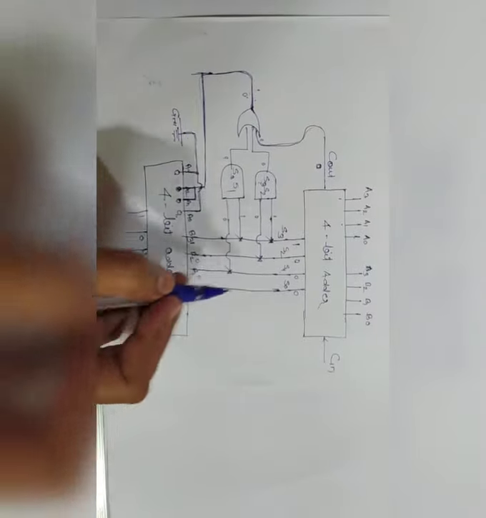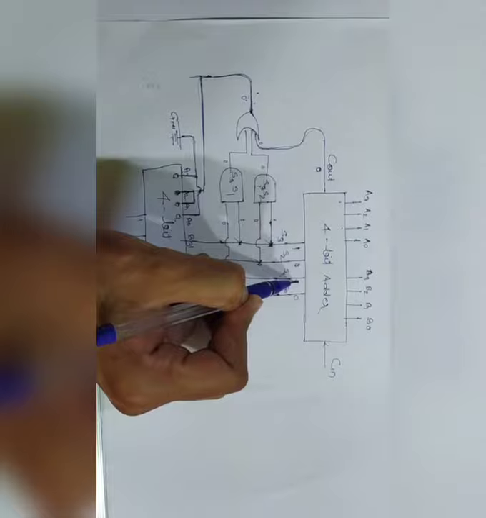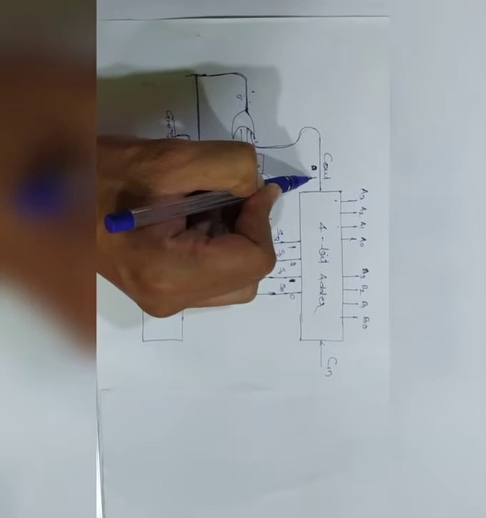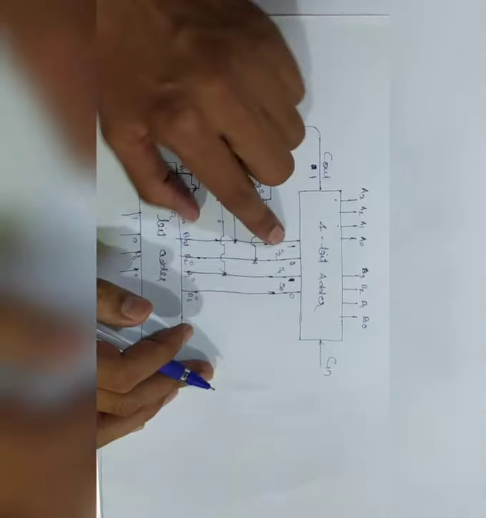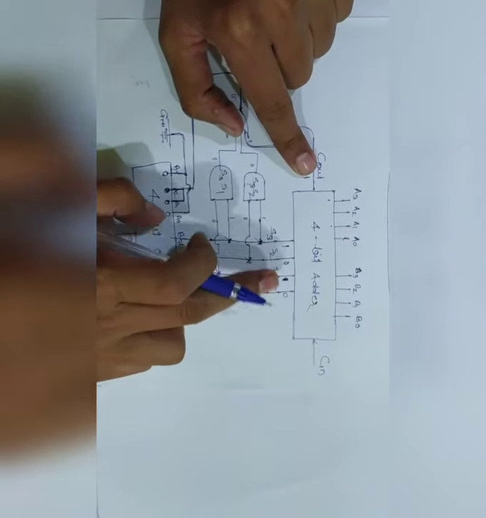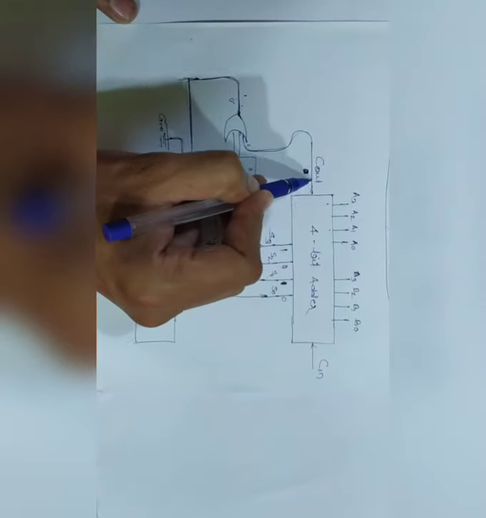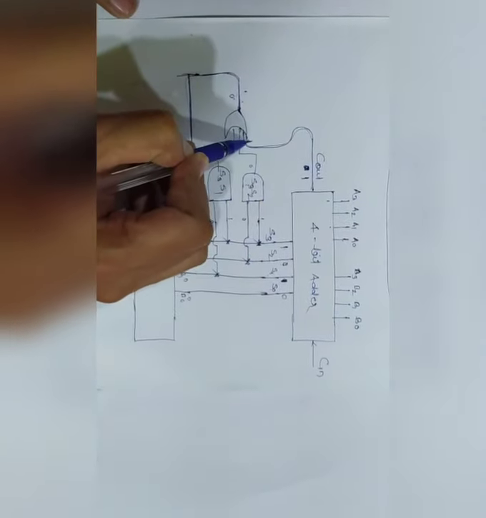Now let's see what happens if the addition is greater than 9, that means suppose 1 0 1 0 is there, right? And the carry is generated. Now here 1 0 1 0 means greater than 9, that means you have to add a 6 to that bit. Now let's see, here this 1 comes automatically here, right?